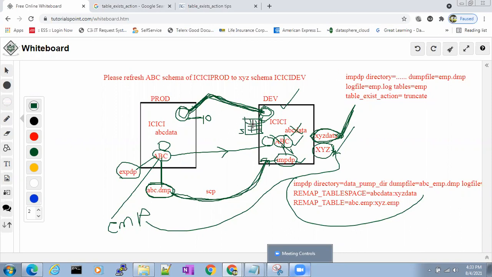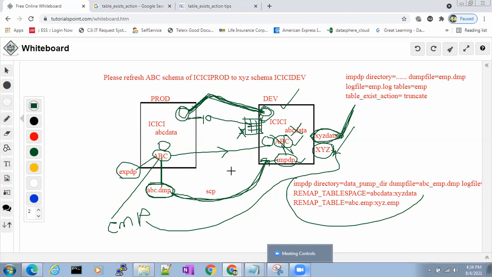for a table, what will be there? Can anyone tell me? Metadata and data. Wonderful, excellent. Balraj, right? Okay, good. Metadata and data. So when you use truncate, it will not touch the metadata. It will delete all the data and import the same data.